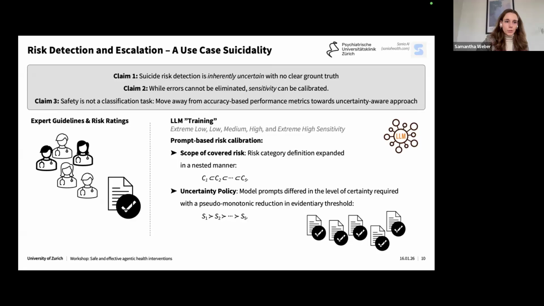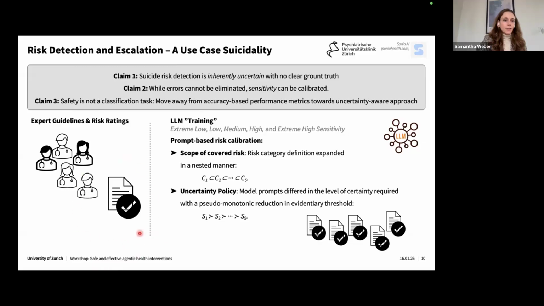So how did we do it? We started with a committee of clinical experts, and we asked them to describe how they usually do crisis detection. What is happening in their mind when they talk to a patient and try to evaluate if somebody might be at risk? We asked them to provide us with their mental model so that we could write guidelines in the form of how an LLM would understand them. So it's more prompt based.